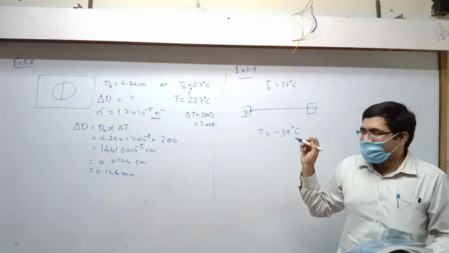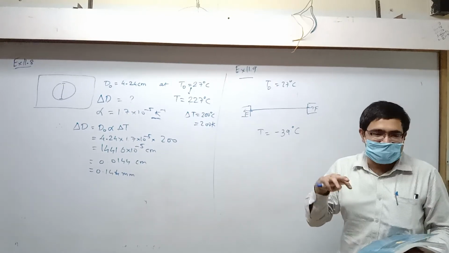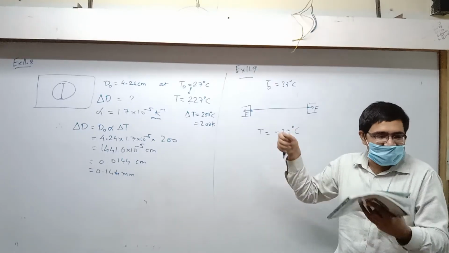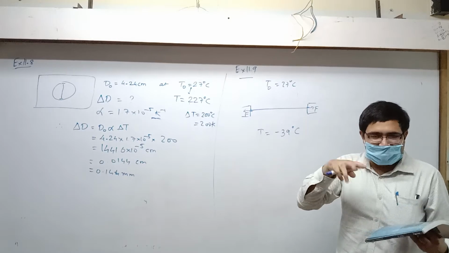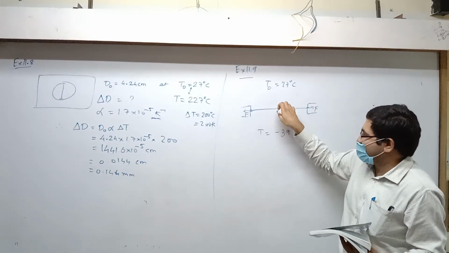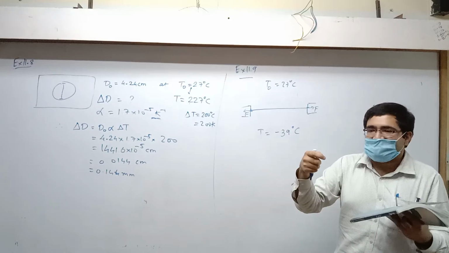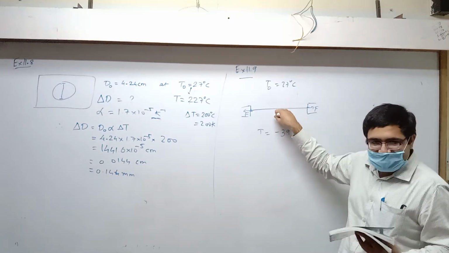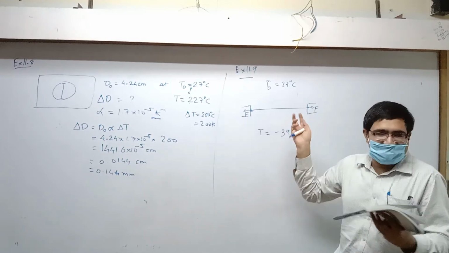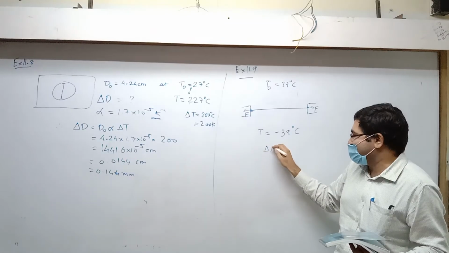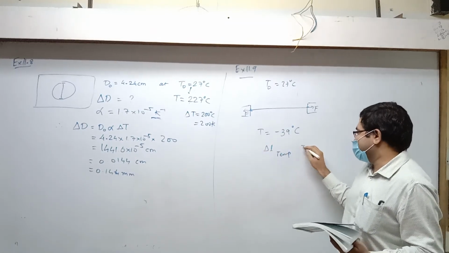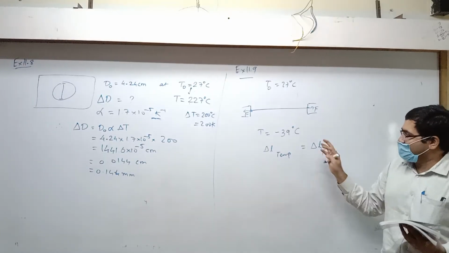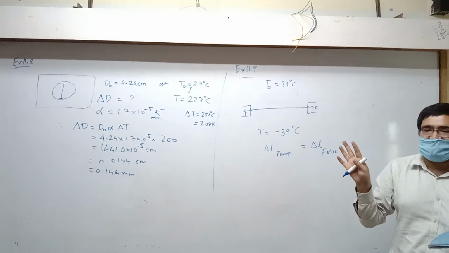Sure, we got that. So the two delta L will be the same. Which two delta L? The one due to change of temperature and the one due to force. Heat will try to expand this and force will try to compress it. The change in temperature means cooling will try to compress this and the force will try to expand. But in any case, delta L due to temperature change will be same as delta L due to force. Truly speaking, they are negative of each other, but in value, it should be the same.